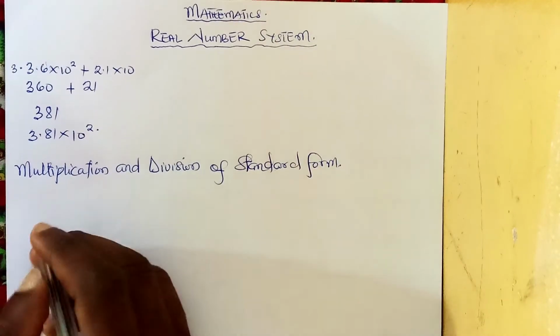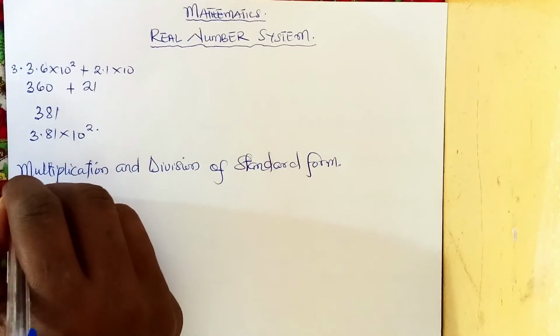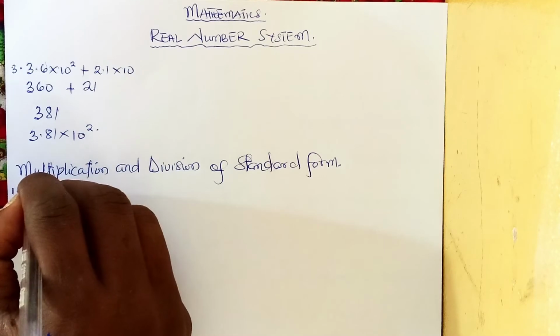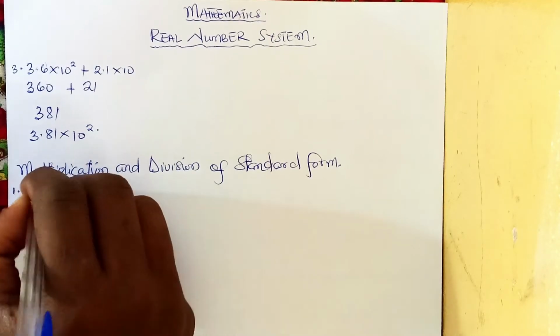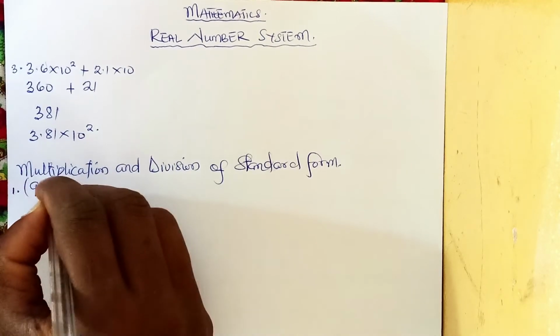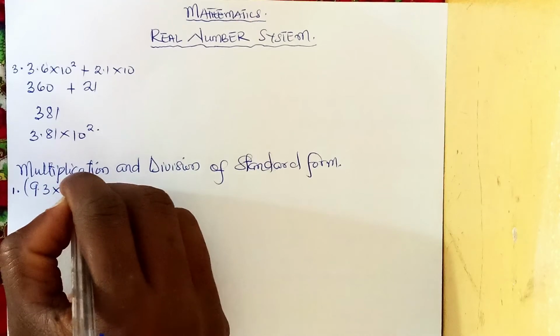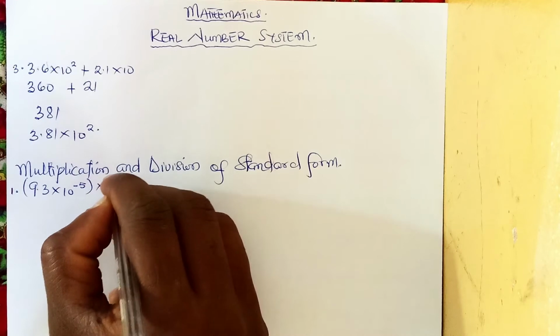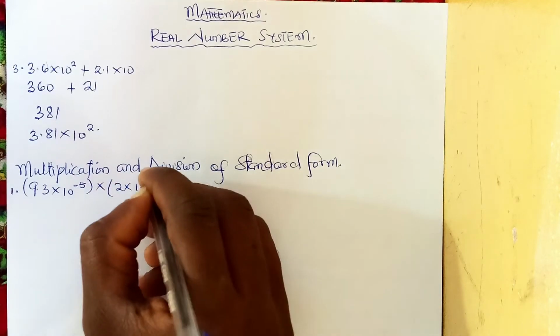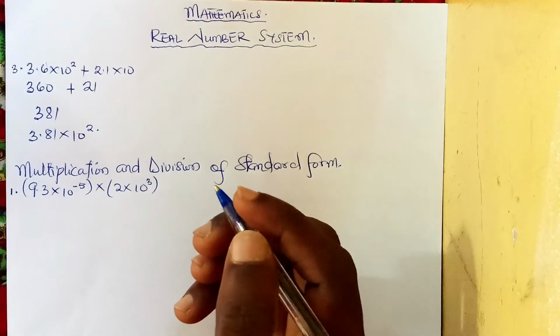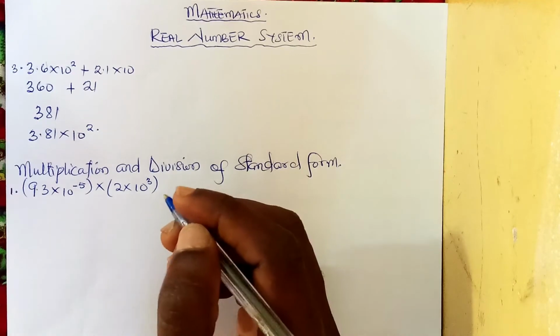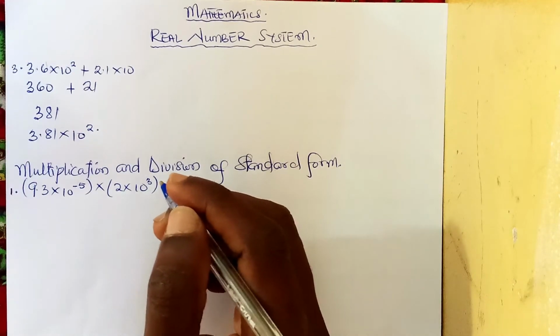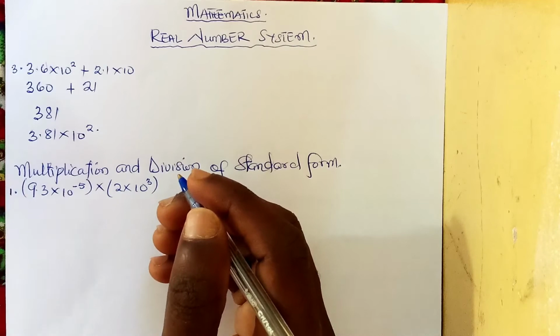Our first example is we have 9.3 times 10 raised to the power minus 5, times 2 times 10 raised to the power 3. This is multiplication. Just as we did for the addition, we have to group the numbers with the decimal places at one side